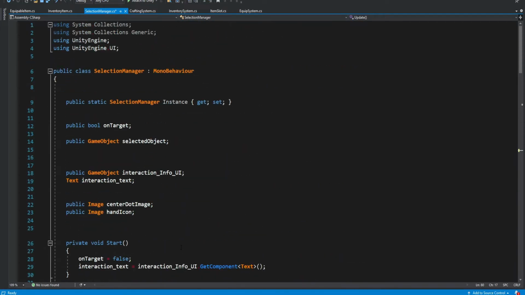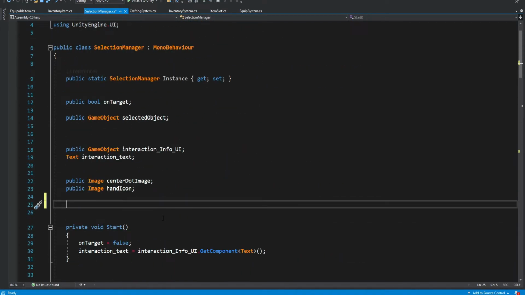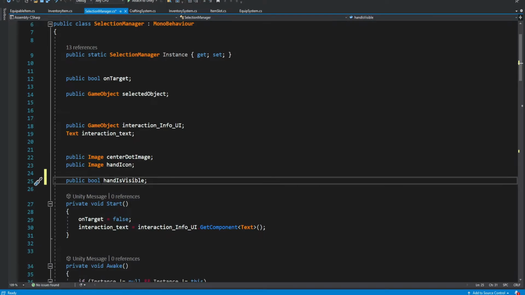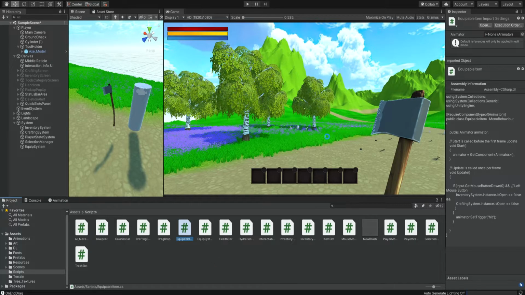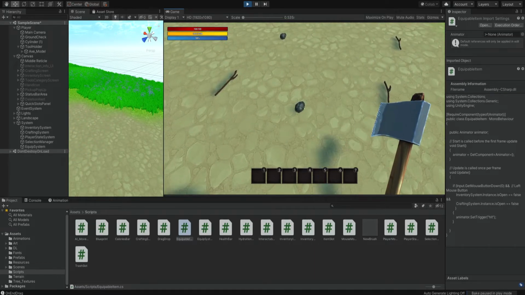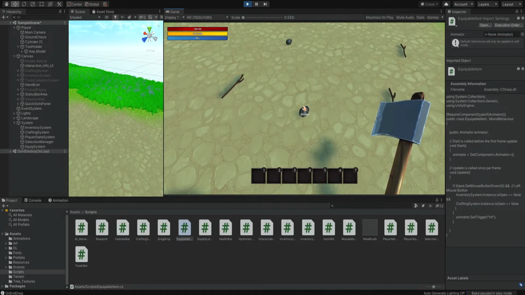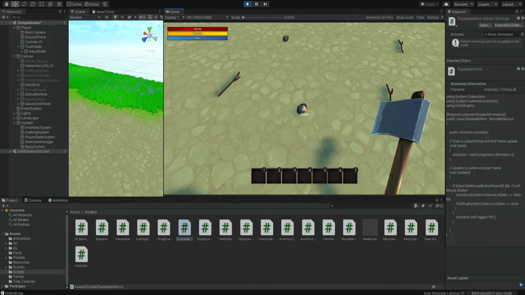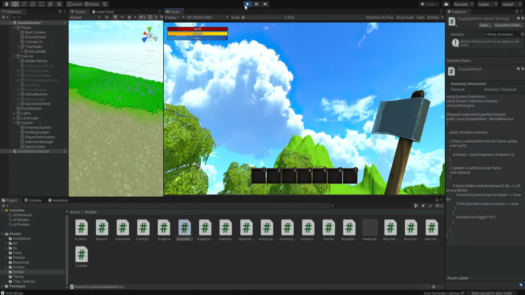Over here, we're going to create a property, public bool hand is visible, and we simply want to store a boolean of when this hand UI is visible. So when this hand is visible, it means that we're about to pick up an item, so we don't want to be able to swing the axe.